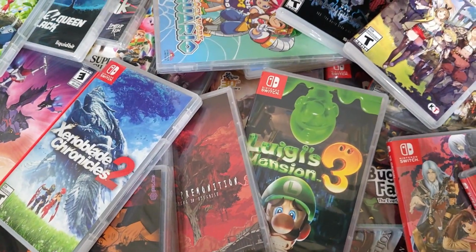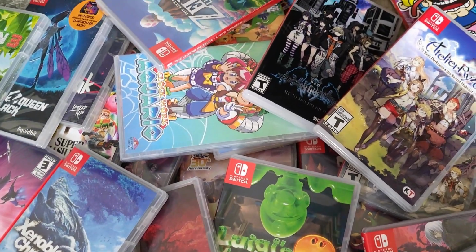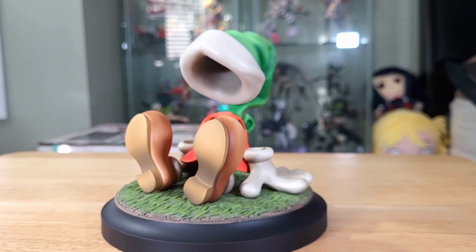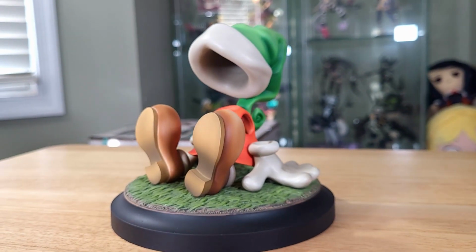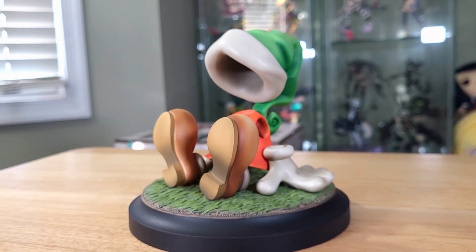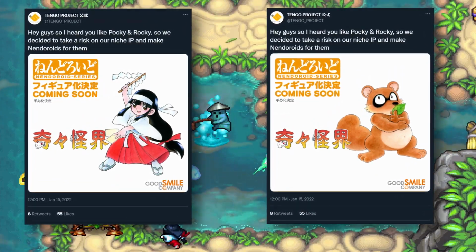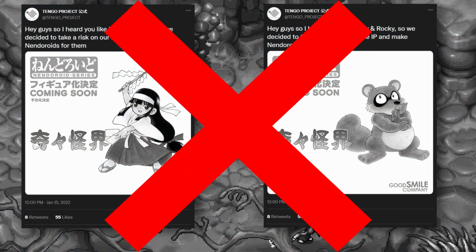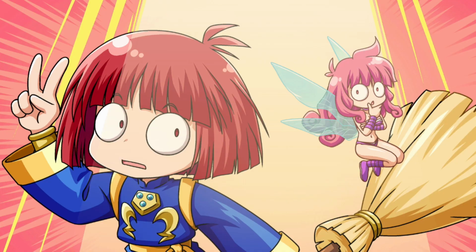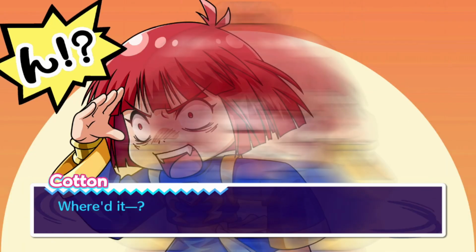Now, I'm a bit of a game collector, but I also happen to collect figures, and if there's one thing I love to collect specifically, it's figures of obscure characters from franchises I like. Because that doesn't happen that often. You don't open Twitter and see some company tweet, "Hey guys, so I hear you like Pocky and Rocky, so we decided to take a risk on our niche IP and make Nendoroids for them." No! It's never gonna happen. But I swear to God, if that does, with the new Pocky and Rocky just around the corner, I'd be